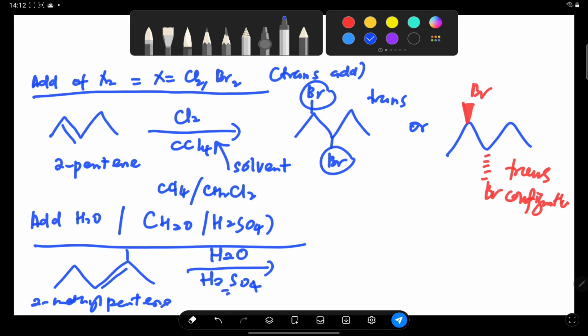You use a strong acid here, which is sulfuric acid. So this addition of H2O will follow